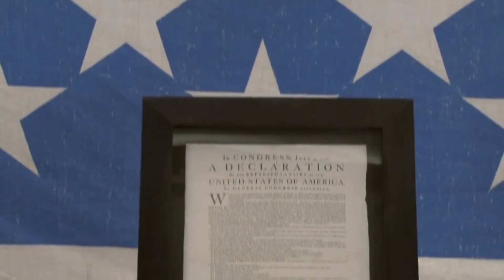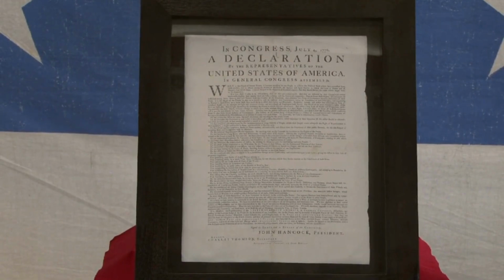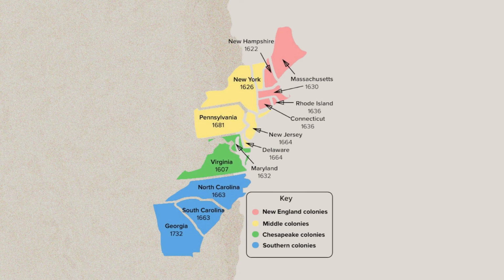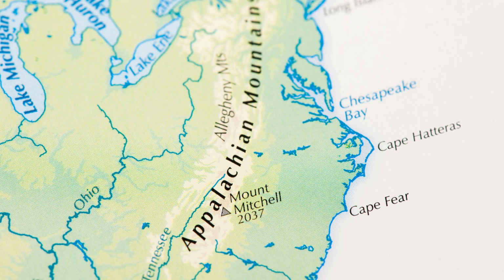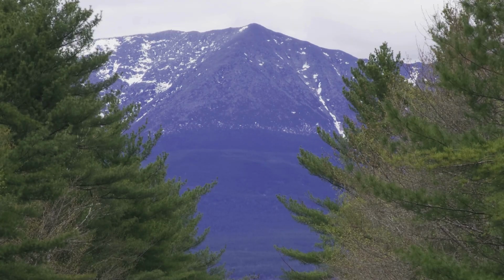Students will first review the development of the 13 colonies in the Revolutionary War. They will hear how the first English colonists settled along the coast of the Atlantic Ocean. As more people migrated to the colonies, and by the time of the Revolutionary War, the line of the frontier moved all the way to the Appalachian Mountains. Students will learn that the Appalachian Mountains were difficult to traverse and acted as a barrier to colonists who wanted